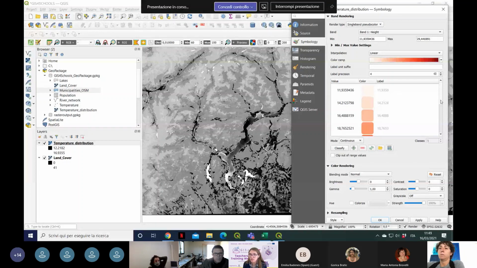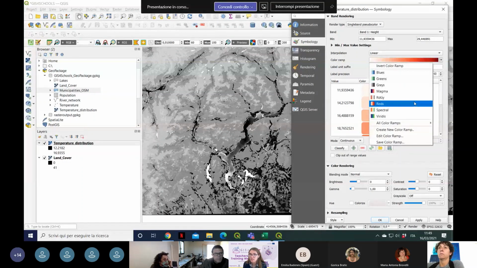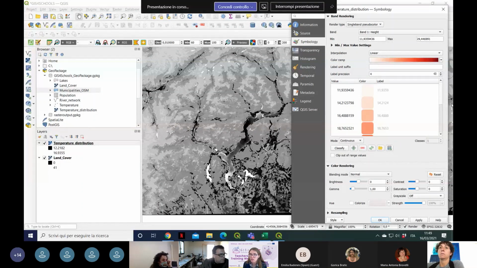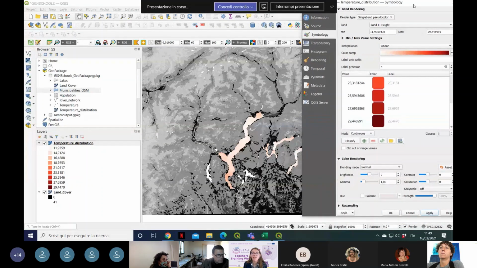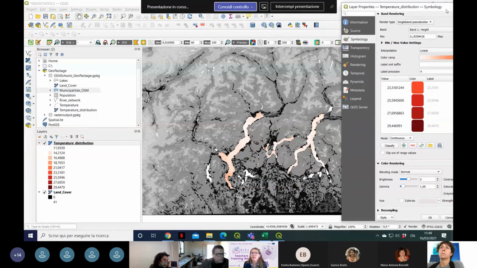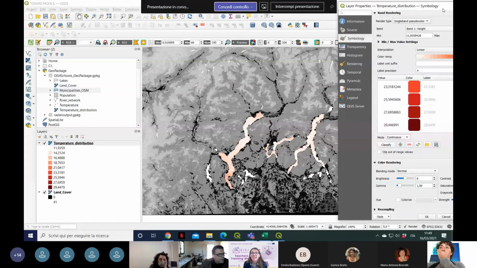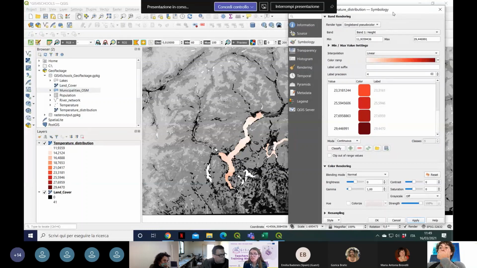Okay, I have just made reds, then I have here just everything, and I click on apply. And you would see now that you have the lakes that are from white to black, to red. I can also change it by deciding the classes that I want to interpolate between for the colors. I can choose equal interval that